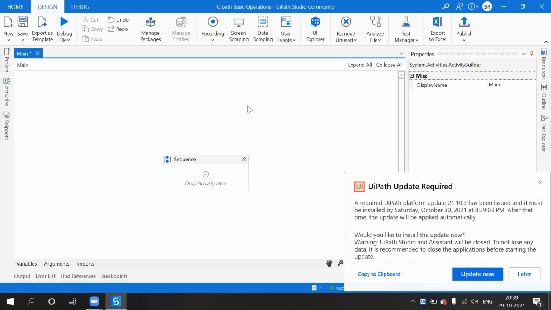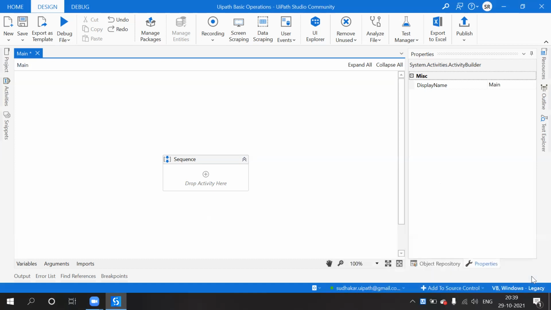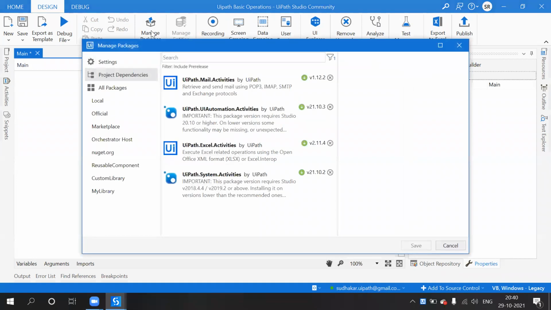If you did not find the activities you are looking for, based on your requirements, then how do you import those libraries? For that we have to use Manage Packages.